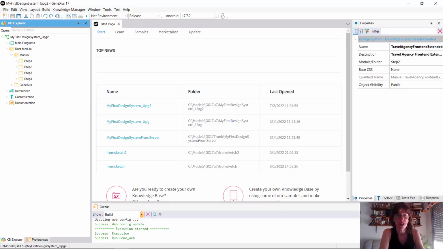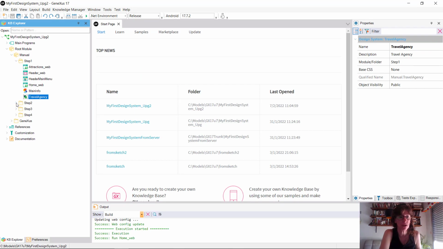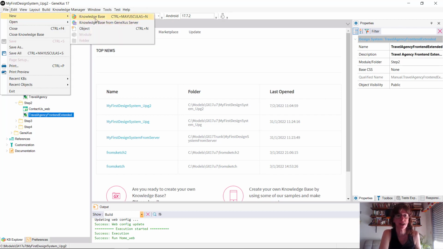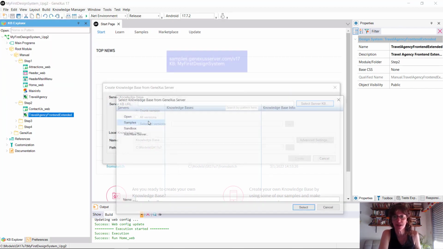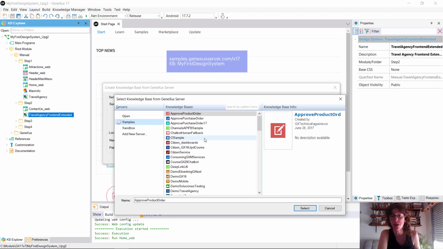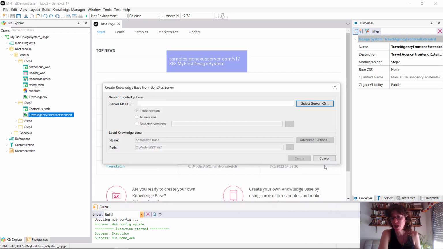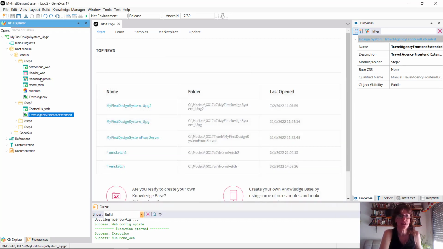So, for all of this, we had defined a design system object that we had then extended. This one over here. The KB that we see here can be downloaded from the Genexus server. You can download that from the samples KB named My First Design System. I have already done that here, by the way. So, going back to what we had done,